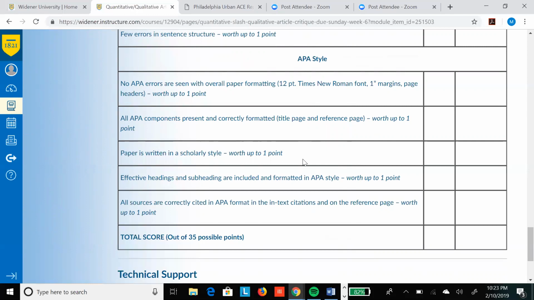And there's a number of resources under student resources related to APA. I know APA is a pain. I mean, I have been a student too, and I am still required to use APA in my day-to-day life. And I know it's a pain, but it's one of those necessary evils that we all have to deal with. So this paper is worth 35 possible points.